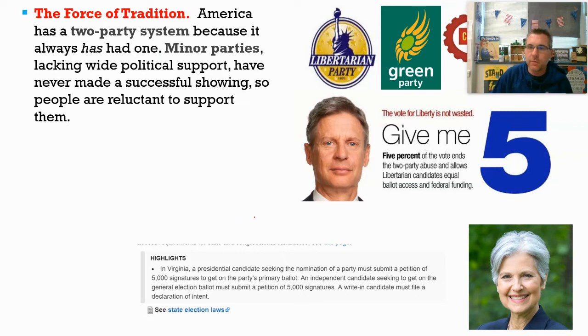You had a couple of third-party candidates, Gary Johnson. He was all about saying, listen, it's not between Trump and Clinton. If you don't like those two choices, vote for me. And I'm probably not going to win, and he readily understood that. But what he was saying is, if I get 5% of the national vote, I can then get access to debates. I can get access in the future to federal funding. And that was the whole purpose there.